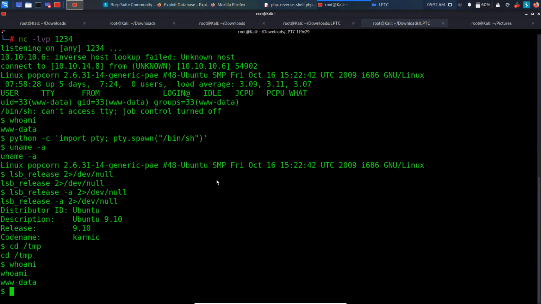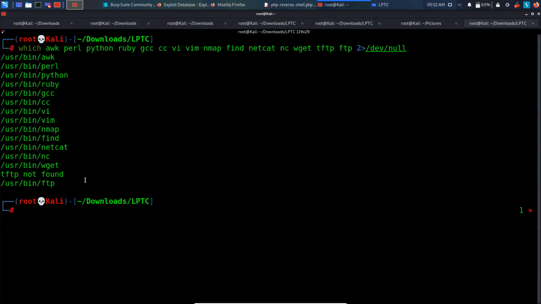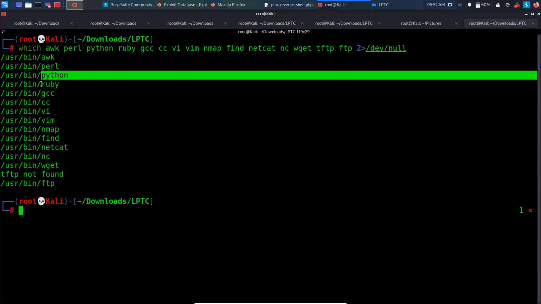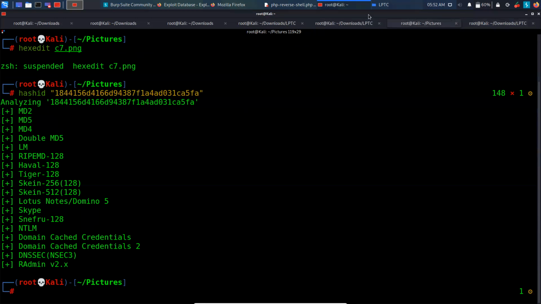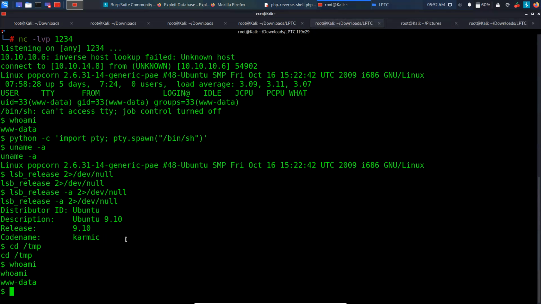Basically, when we transfer the exploit, we need to compile it. Like GCC is a C compiler, which lets us compile .c exploits. The syntax is very basic: gcc -o exploit exploit.c. And this is one of the commands which we can use. This command is just a trick to know if these compilers are available on the target machine. I hope you are getting what I'm trying to say. These are the commands which we will use. So if we use it on my system first, my system has everything available. Like you can compile a Python exploit, a .c exploit, a Ruby exploit, everything you can compile over here. But let's head to the Popcorn machine.